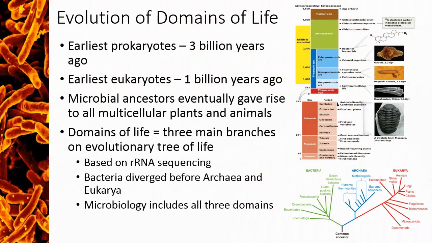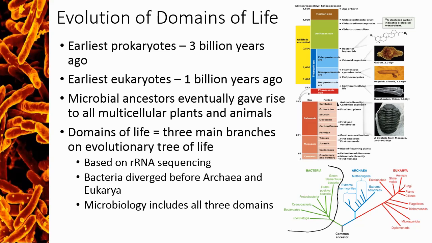The two main classifications of cells, prokaryotic and eukaryotic, should be familiar to you from past classes. Prokaryotic cells, those without membrane-bound organelles, were the first living organisms to evolve on the planet about 3 billion years ago. They actually had the planet all to themselves for about 2 billion years before the first eukaryotic cells arose. These early prokaryotes gave rise to all life on the planet, with bacteria evolving first, shown here in the